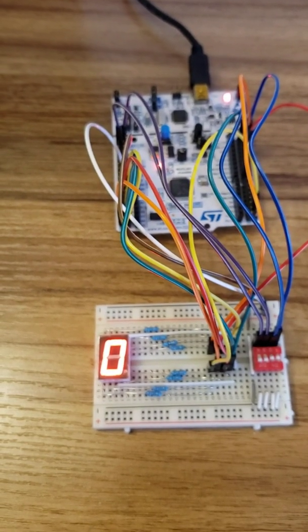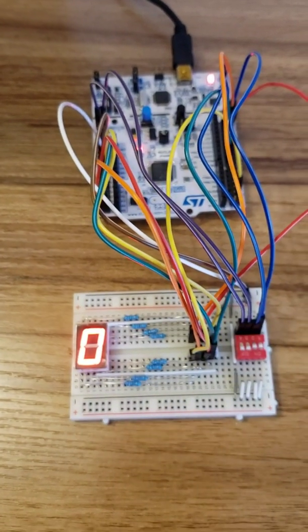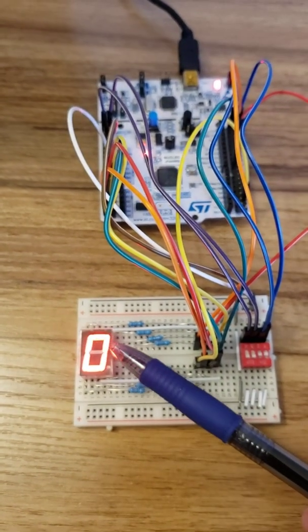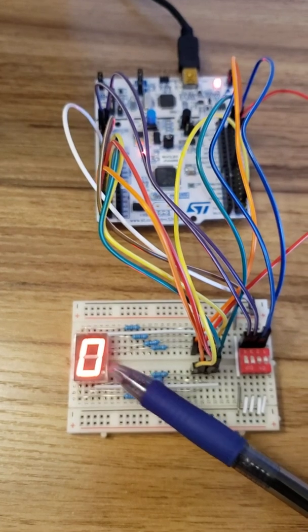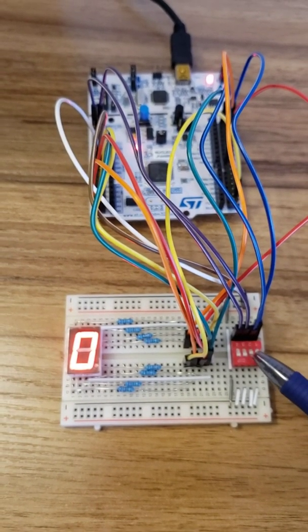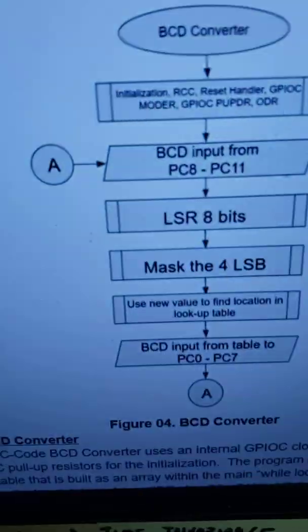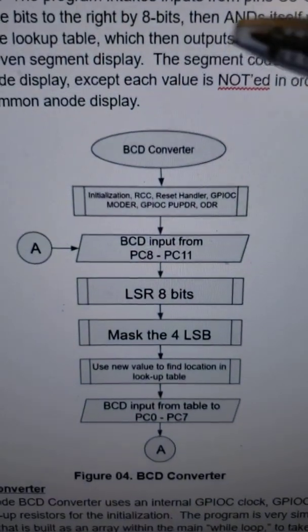This is a video showing the STM32 Nucleo board with a 7-segment display that's going to perform a BCD converter using a 4-input dip switch for a BCD value. So the way the circuit's going to happen is through the flowchart, we're going to have the actual circuit for